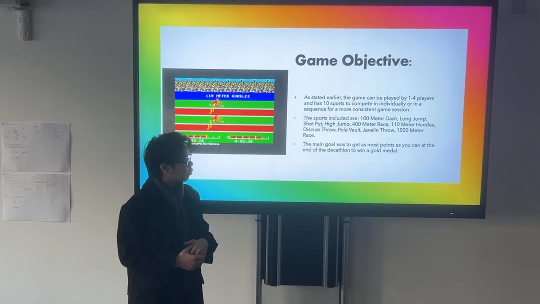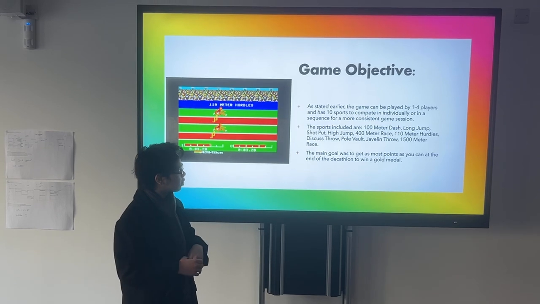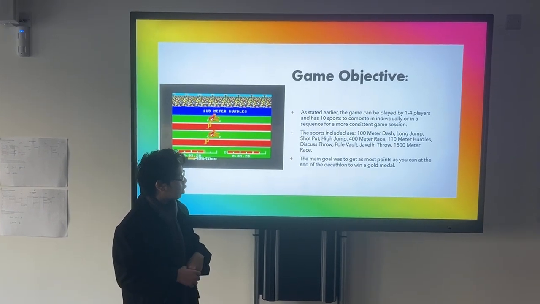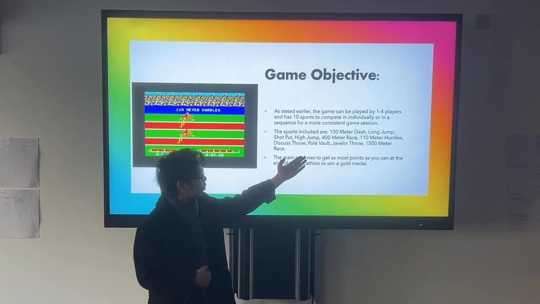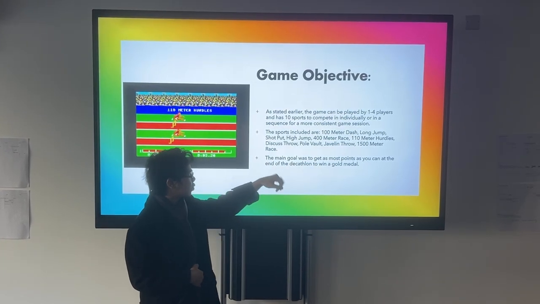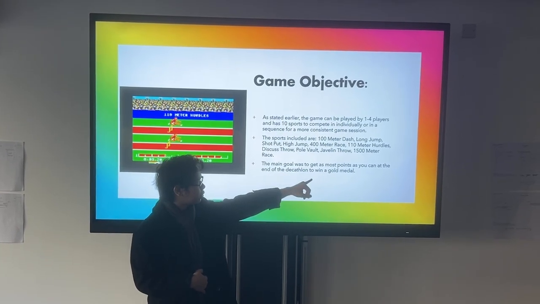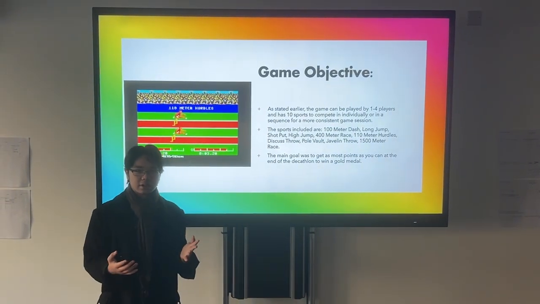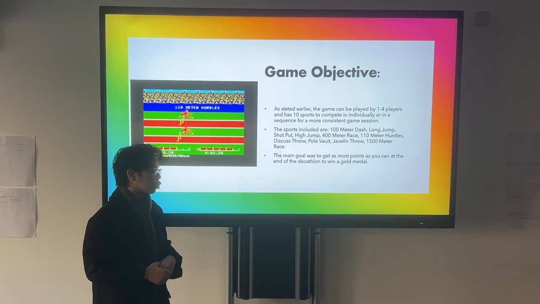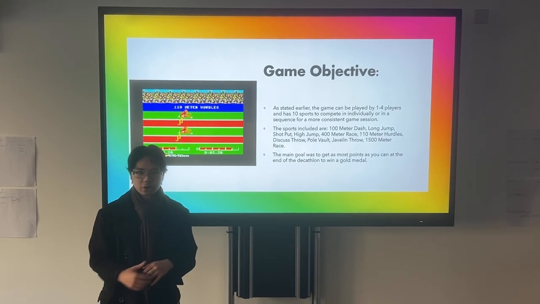As I said earlier, the game can be played between 1 to 4 players, and has 10 sports. Sports included 100-meter dash, long jump, shot put, high jump, 400-meter race, 110-meter hurdles, disc throw, pole vault, javelin throw, 1,500-meter race, and at the end of it all, the main goal is to get as many points as you can to win a gold